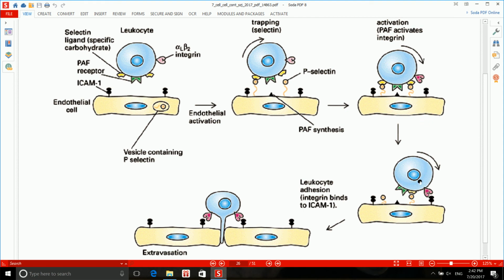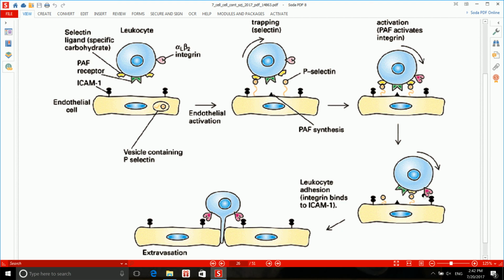of the cytosolic portion of integrins. Now, this reddish structure here is integrin. And integrins, as we mentioned, have a cytosolic domain and an extracellular domain. Integrins are not always active. They need to be phosphorylated in the cytoplasmic portion in order to be activated. So this PAF receptor binding will cause a pathway which will result in the activation